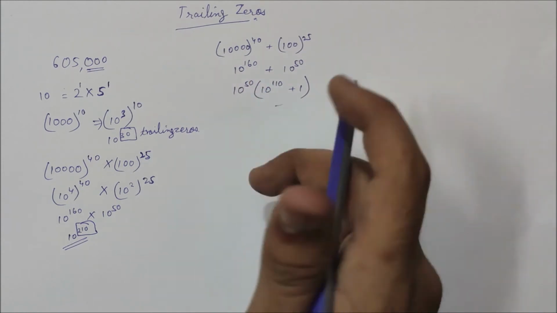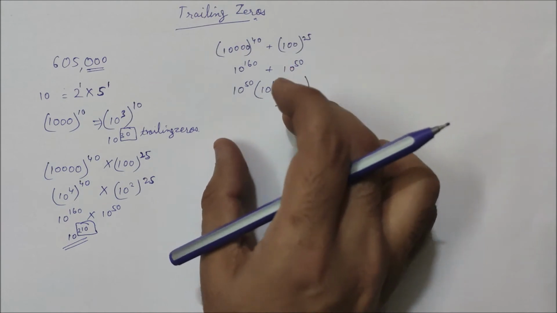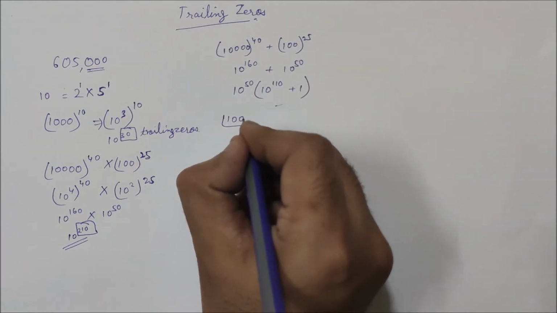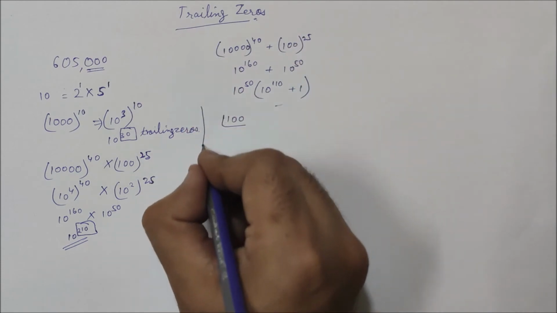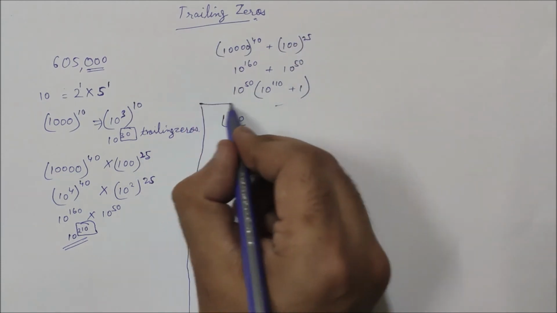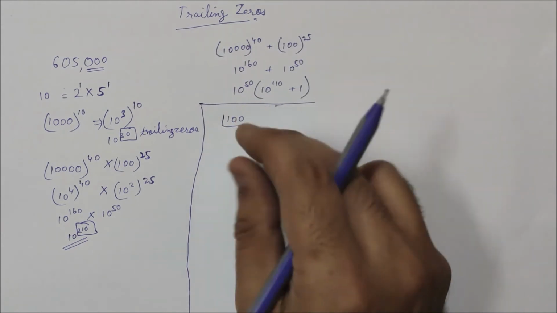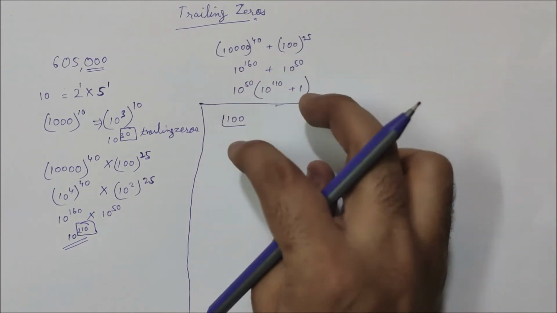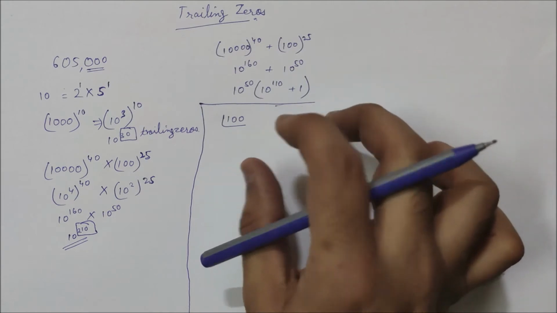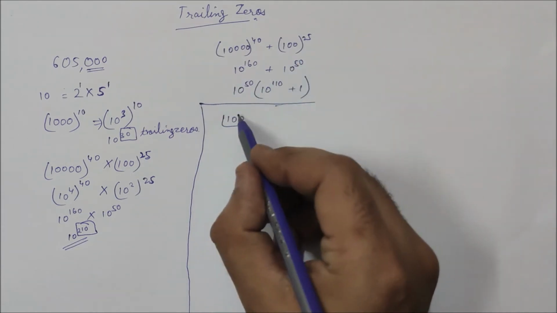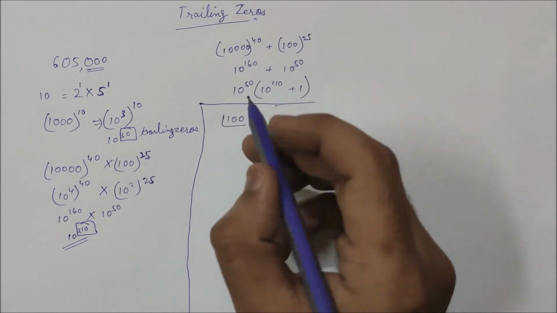Now let's move further. How about the trailing zeros in a factorial? If I know it is factorial 100 and I need to calculate the number of trailing zeros in this expression, for trailing zeros I need the powers of 2 and 5, right? Because only powers of 2 and 5 in combination will give me a 10. So let's see how many 2's and how many 5's are present.